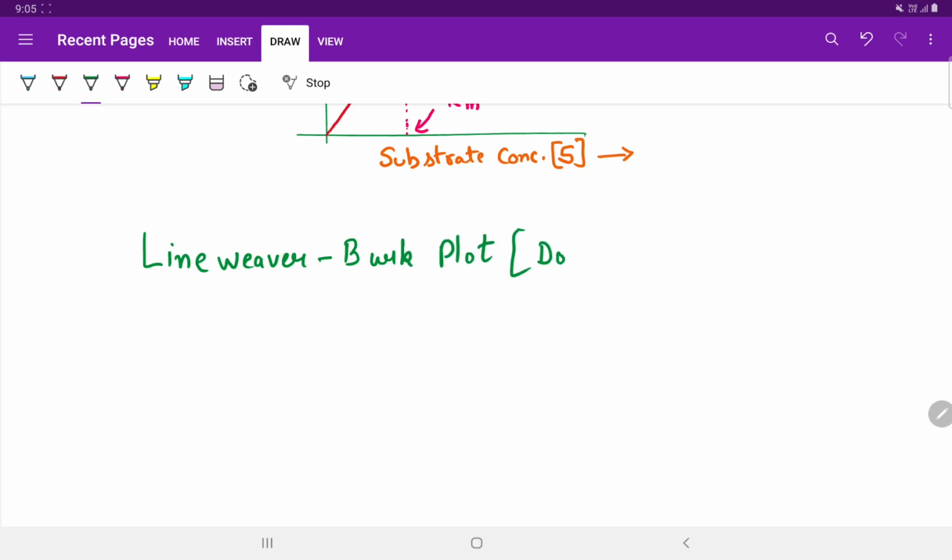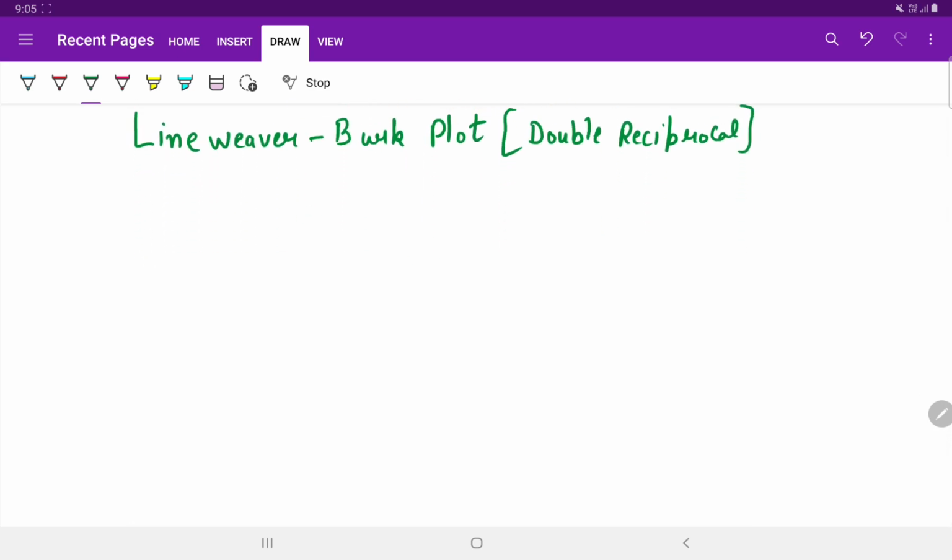Also known as double reciprocal plot. So, for determination of the Km, the substrate concentration curve is not very accurate since Vmax is approached asymptotically. So, by taking the reciprocals of this equation,